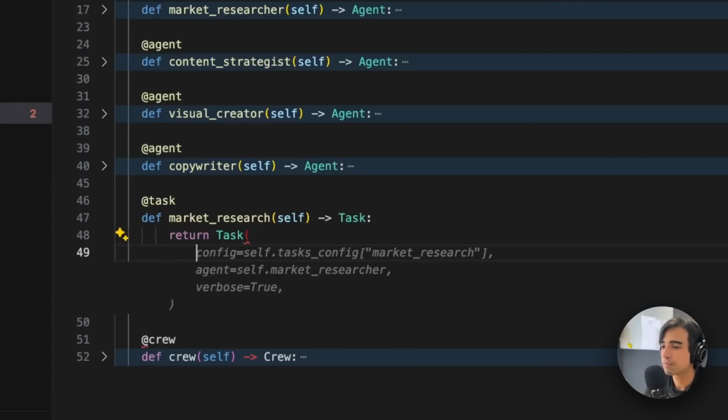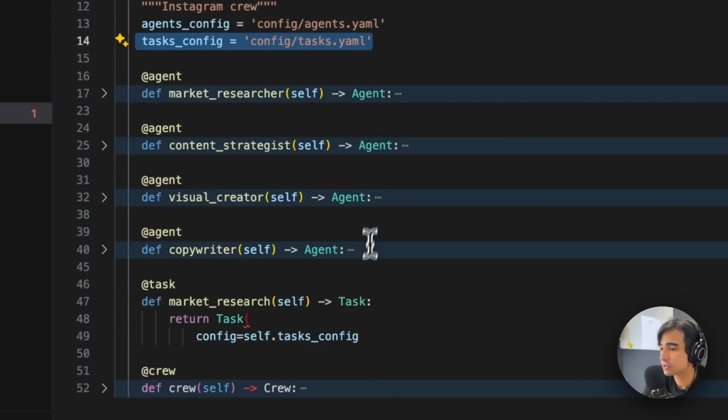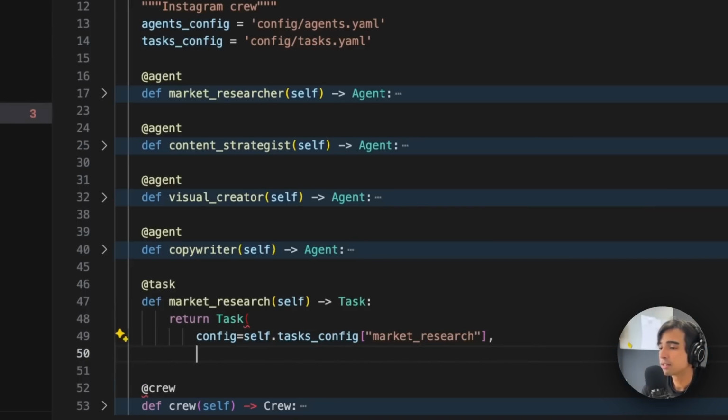And just like before, instead of loading the task description, the expected outcome, etc., we're going to set it as a configuration file. So just like before, self.tasksconfig, which is this object right here. Remember, here it looks like a string, but once it gets to this method, it has already become a key value object. So here we're going to open the market research key,